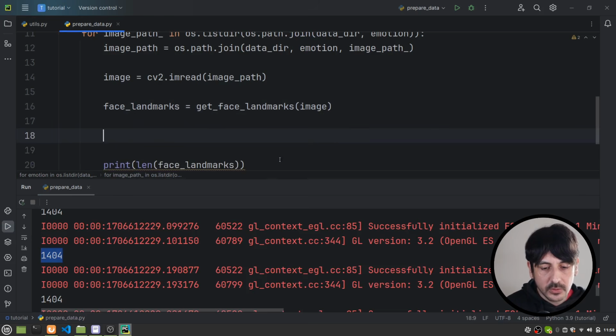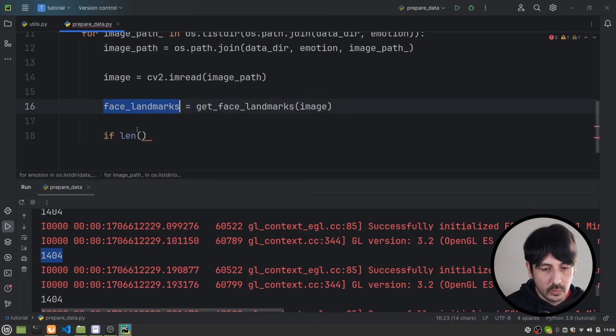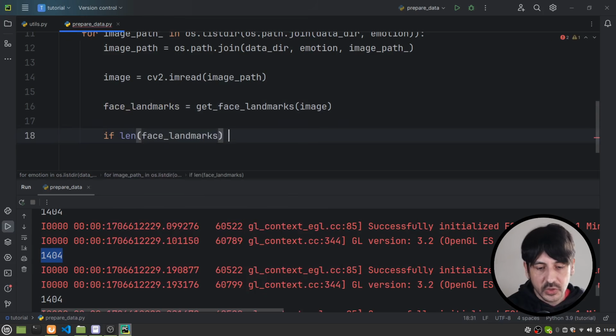We are going to make sure that we are working with all this data, because there could be other situations in which we do not detect any face whatsoever, and this is going to be an empty list, right? And there could be other situations in which we have detected a fewer amount of landmarks, right? We don't know what's going to happen. So in order to make sure we are working with all the data we need, we are going to say